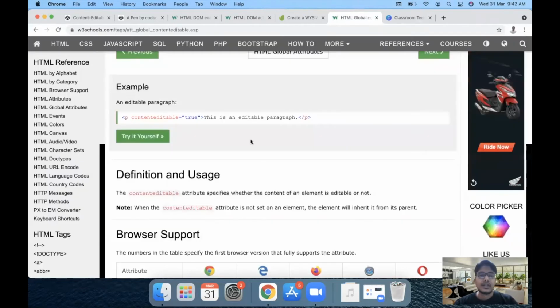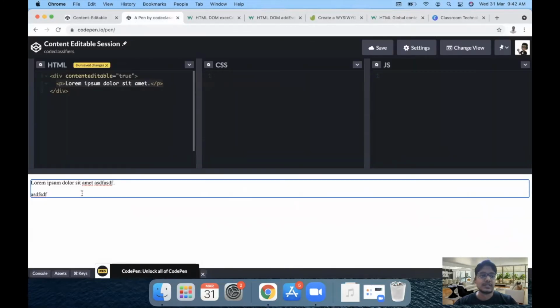Okay. Now the next thing which we need to understand is how do we make this editor a bit more rich or add some features to it. Typically when we talk of any kind of text editor, we usually have functionalities to make the text bold, italic, or change the color and stuff like that, right? So what we can do is bring all this functionality within this editable attribute, and for that we are going to make some changes to our code.